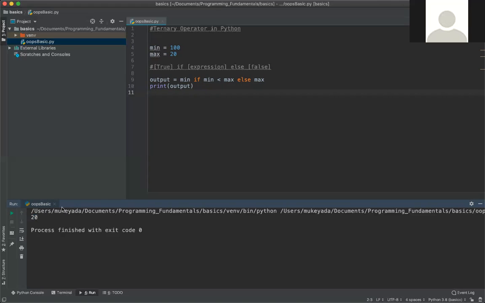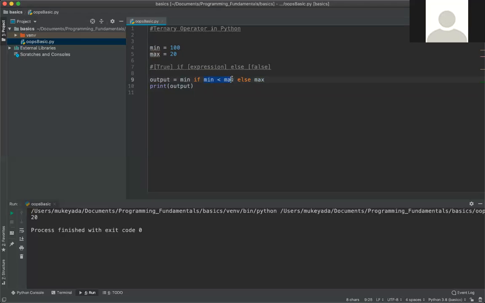So according to our condition, let's look at that. Here the minimum value is 20, the maximum value is 100. Now just ignore the variable names, I only mentioned that for naming convention. Apart from that, look at the numbers. 100 is the maximum, 20 is the minimum. So what is our expression?